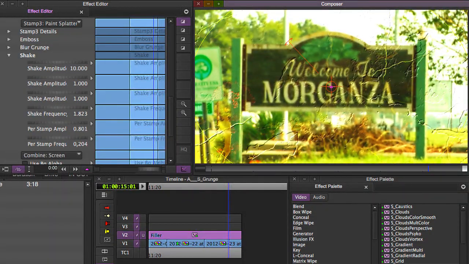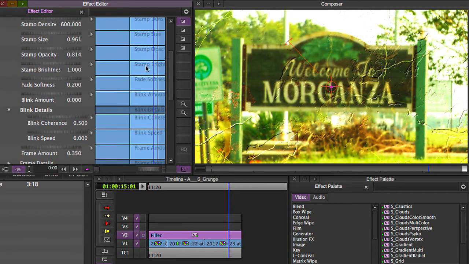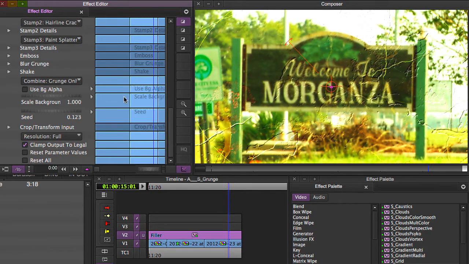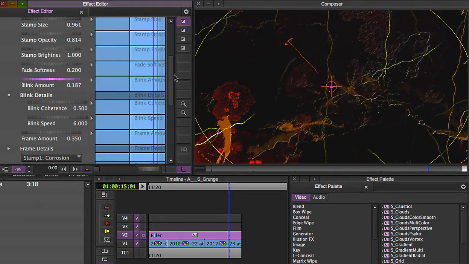There's one more thing I think we can do to this, though, to really sell it and to make it look beautiful. And that is the blink parameter. So scroll up, and if you look, we have a blink amount and blink details. So I'm going to turn this back to grunge only. And whenever I turn my blink amount up,